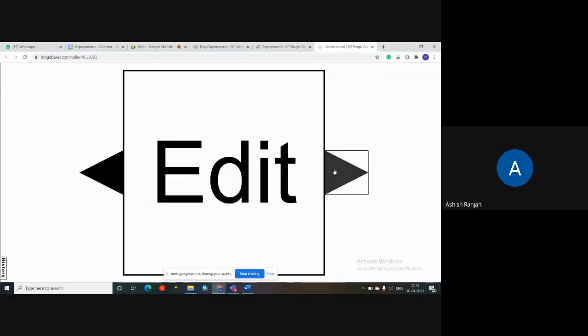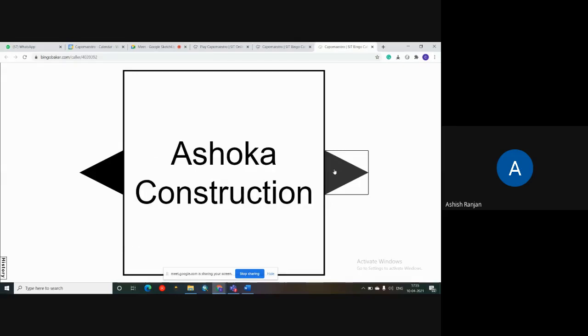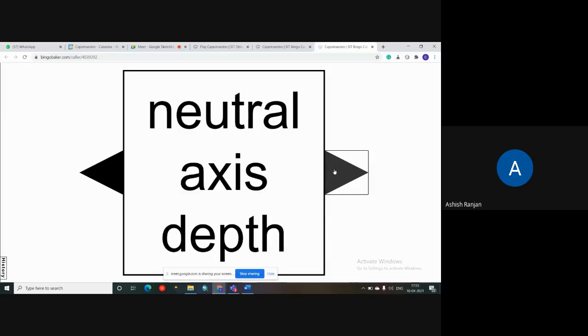Edit. Line tool. Ashoka construction. Neutral axis depth.